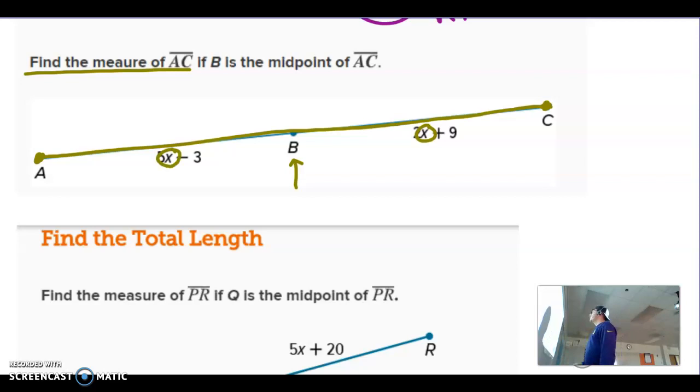So what we're going to be able to use is the fact that I know AC is equal to BC because they are telling me that B is the midpoint. When that midpoint term is used, you know those two parts are equal to each other. Okay? So now we can go ahead and say that